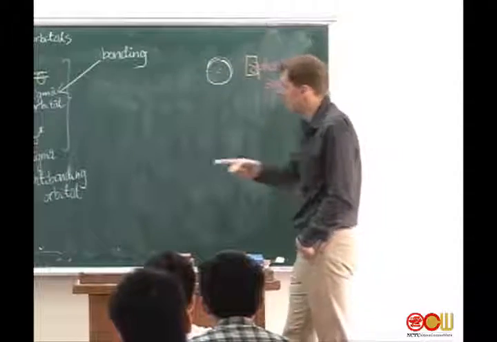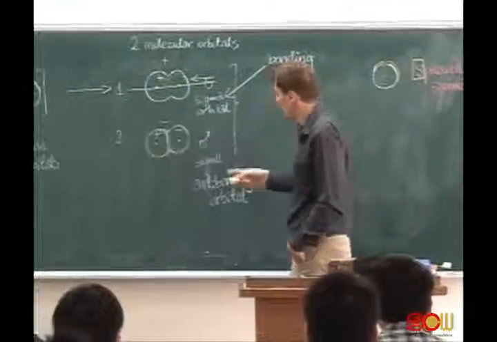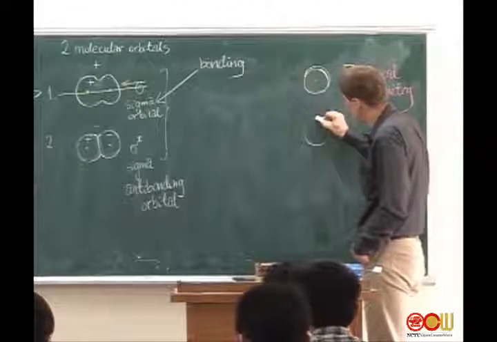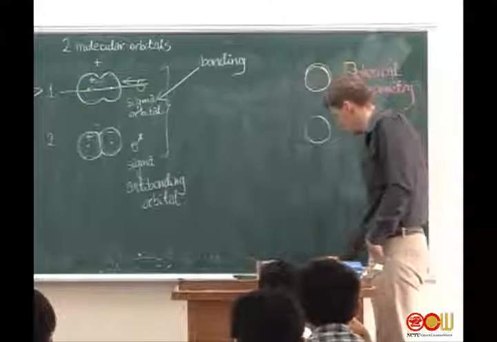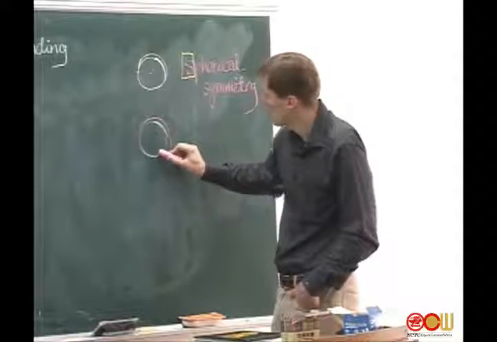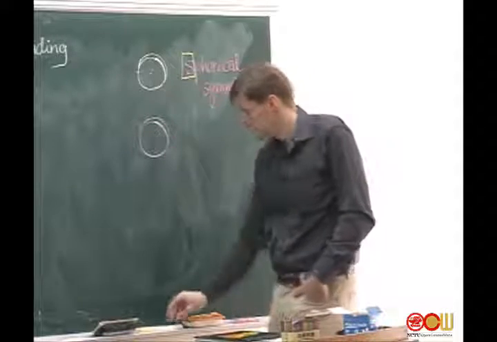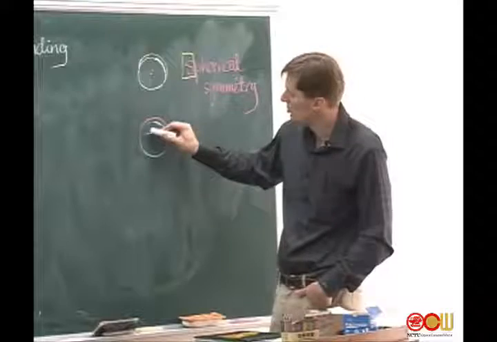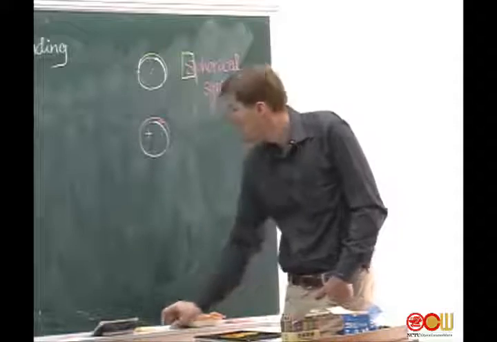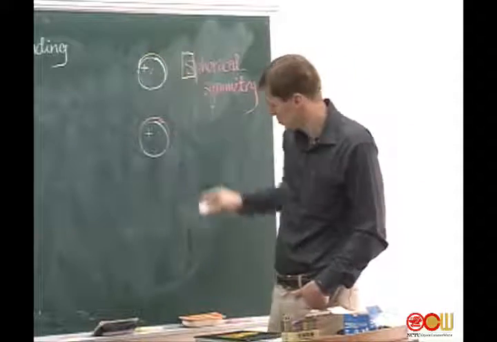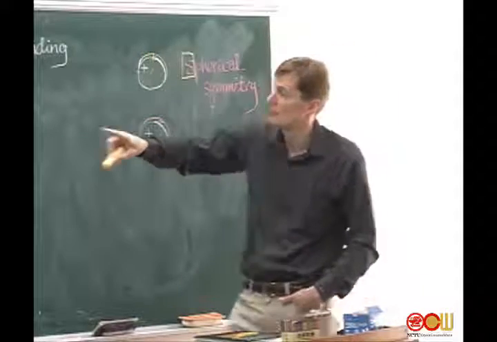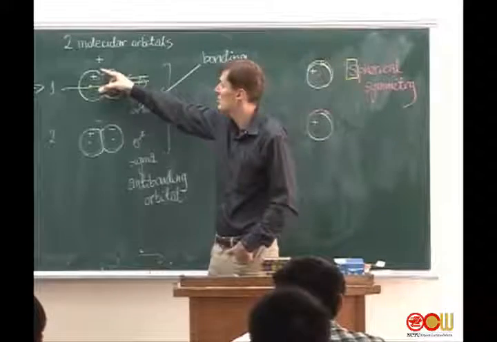Okay. What happens if I see this one from this direction? Well, to be honest, what I see is the first one. Then there is a border between them that I don't see because it's behind. And then I see the other one. So this one has a plus sign, this one has a minus sign, and in this case this one has a plus sign and this one has also a plus sign. In fact, this is the same, only there is a small valley between them that I don't see, and here